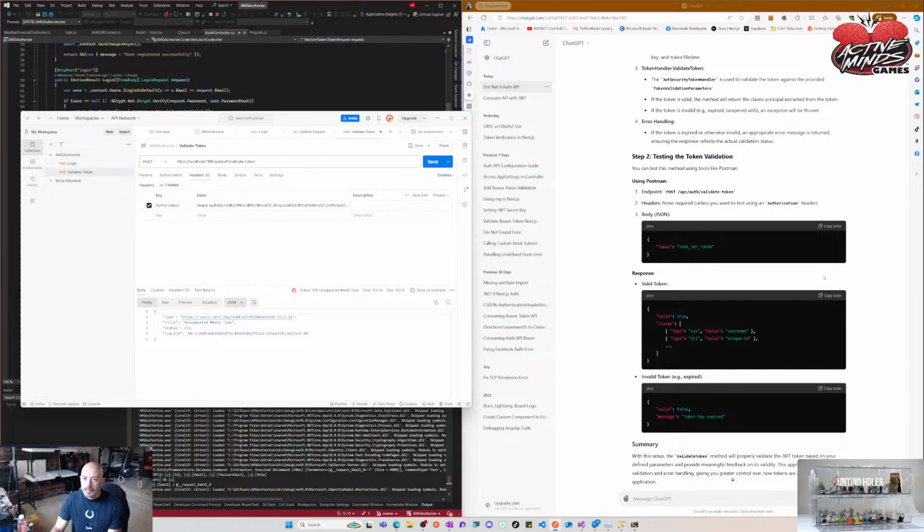Testing the token validation. Headers: none required unless you want to test using an authorization header. Body: JSON, validate, valid token. With the setup, the validate token method will validate the JWT token based on your defined parameters. The approach allows for